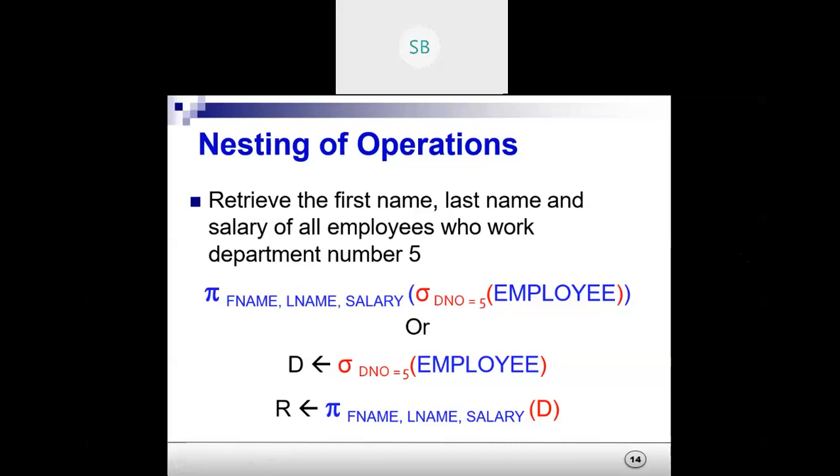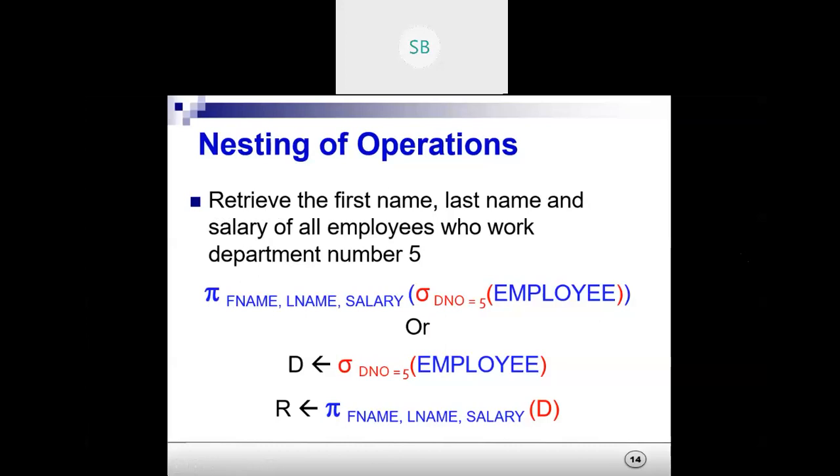Now, if we want to go for nesting of these operations, first you need to find out whenever it is mentioned in the question, retrieve. So always remember you need to use the project operation.